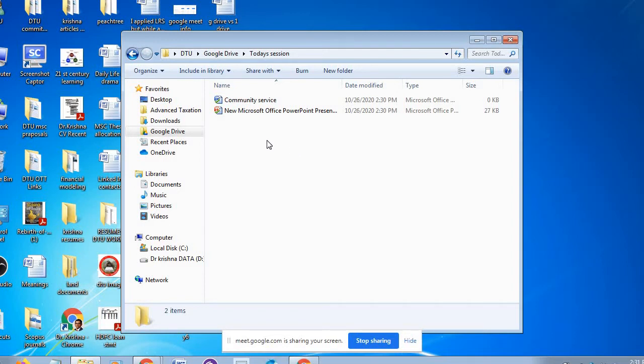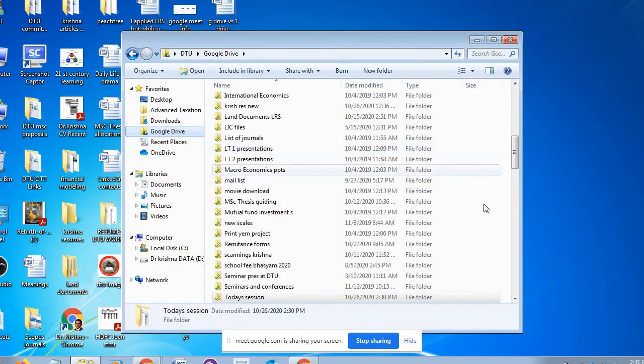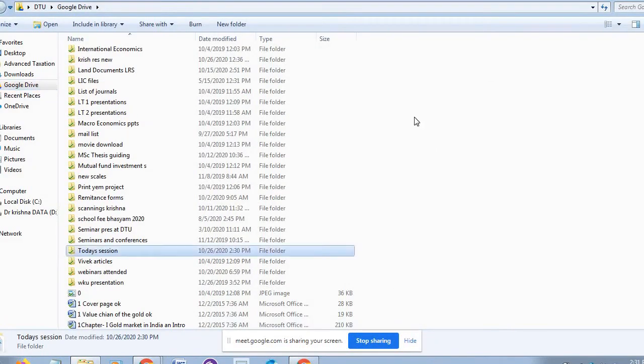So if you work with the Google Drive, then even though you did not save, you forgot to save, no problem. Even with no internet, you work in this folder only, in the Google Drive folder. When the internet is connected to the system, automatically it will be uploaded without your notice. That is the greatness of this Google Drive function. I think, yes, this is offline.